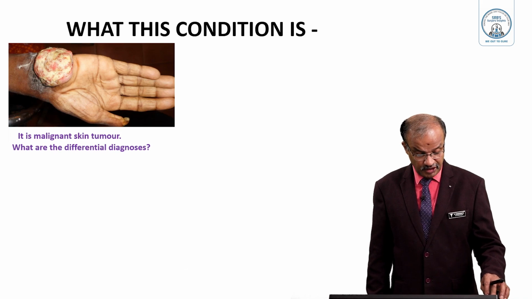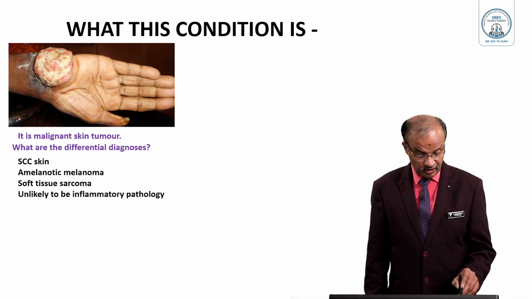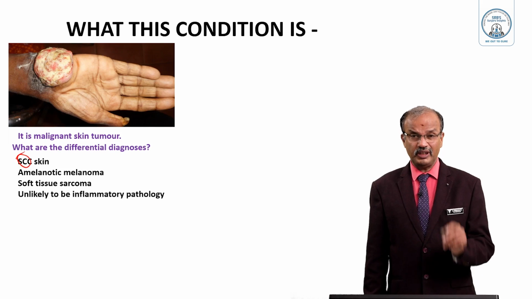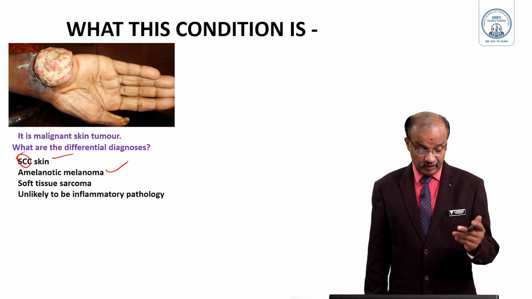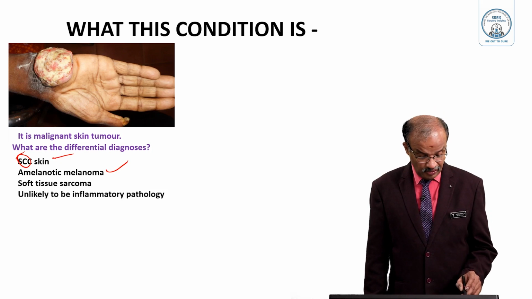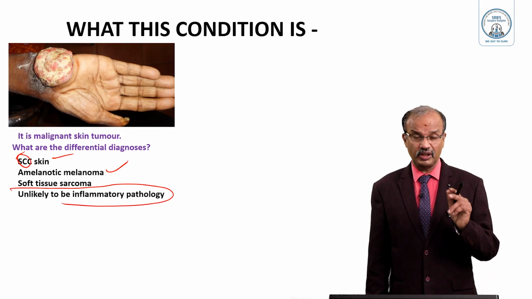So what are the differential diagnoses? SCC of the skin is possible. Amelanotic SCC is nothing but squamous cell carcinoma, of the epithelium of the skin. Amelanotic melanoma can look like this if it is very aggressive with a short duration. Soft tissue sarcoma is also possible. It's unlikely to be an inflammatory pathology because in this patient the history is of very short duration,